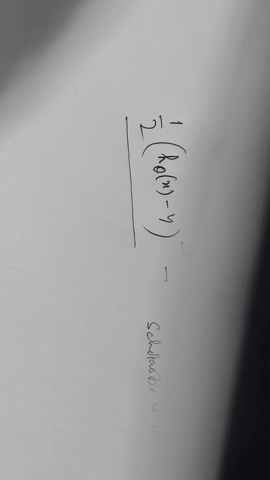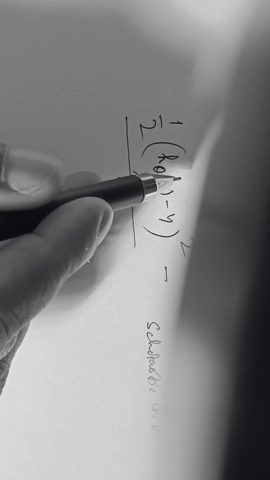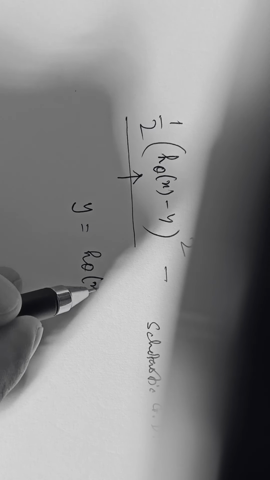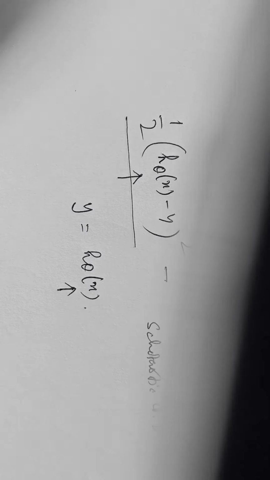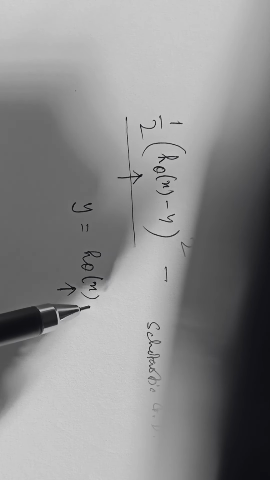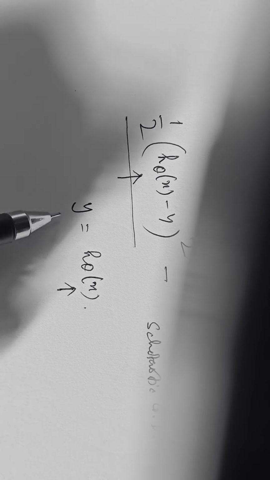Okay, so last day I told you the reason to consider this cost function as half of (h theta x minus y) the whole square. See, this is the output that we have got from our function h theta x, the hypothesis function. So y equals h theta x, where x are the features, and we put some associated values with this, and after doing some operations we will get some value for y. So we have a database here,